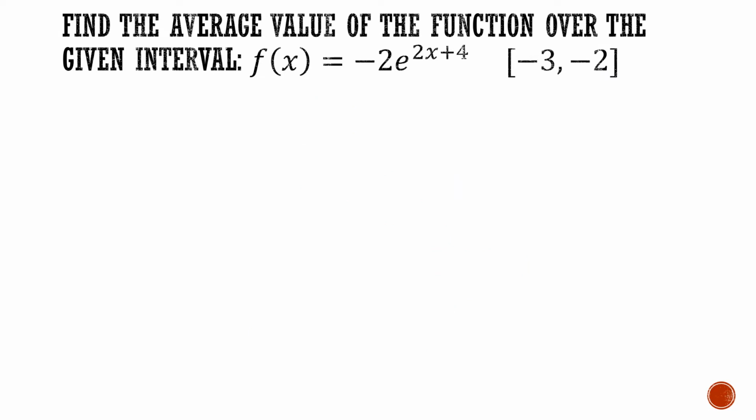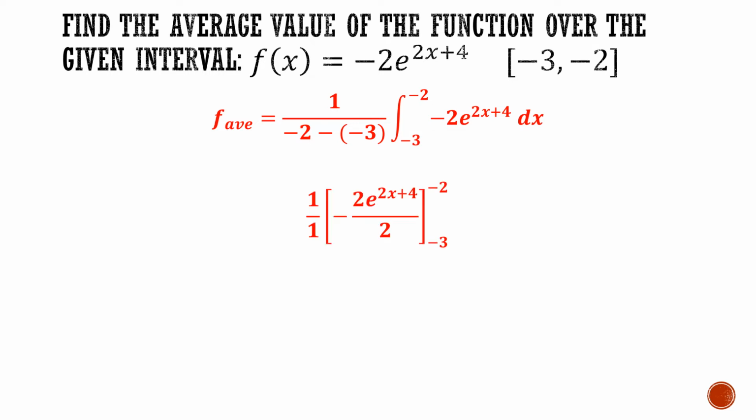All right, so another example is very similar. I'm going to plug this function into my formula. So I get 1 over b minus a, which is negative 2 minus negative 3, integral from negative 3 to negative 2 of my function. All right, so cleaning this up, this 1 over negative 2 minus negative 3, I get 1 out there. And then the integral of this inside piece, just like a quick integral, is going to be the same thing